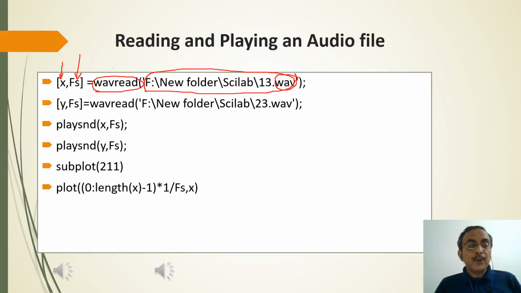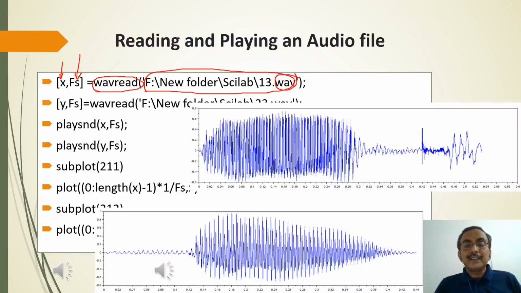Then we can plot the signal, and the signal is shown over here. If we try to play the file, this is audio in which the Hindi एक ek has been spoken, and this is the next file where the digit दो do has been spoken by a particular speaker. So the time domain plot of these two is shown over here, and the wave file we can play as well.